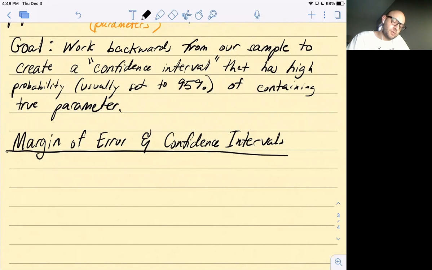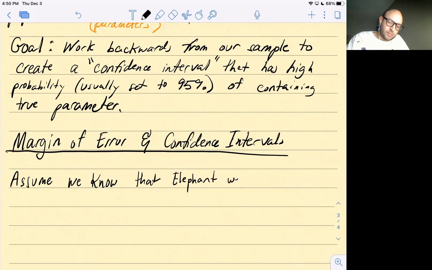So first, assume that we know that elephant weights have a sigma of 200 pounds,